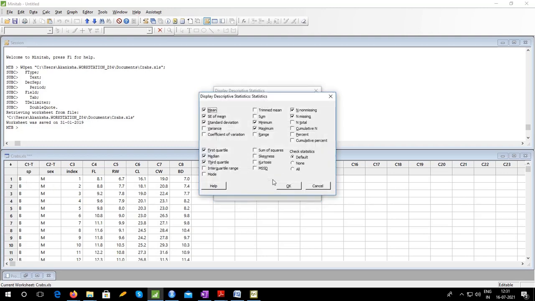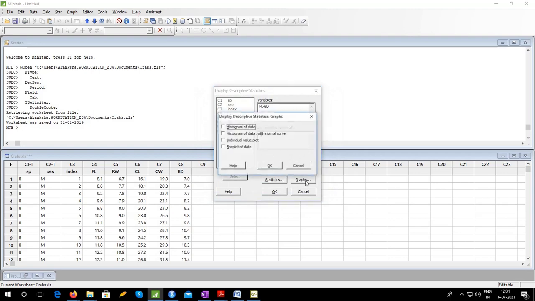If you click Statistics, you will see what all you can get. Mean, standard error of mean, standard deviation, coefficient of variation, sum I don't need, minimum, maximum, range suppose I don't need, N non-missing, N missing, N total, then first quartile, median, third quartile, mode, skewness, kurtosis. So we can select whatever we want.